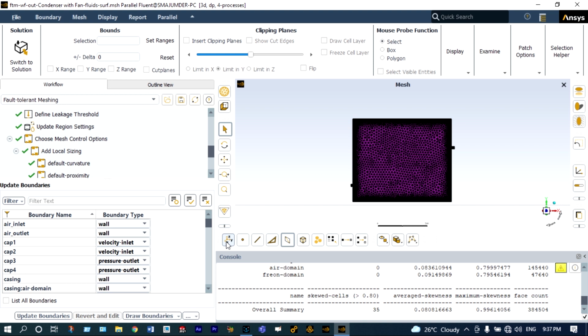You can see left hand side different boundaries have been updated, and as expected we got 2 inlets and 2 pressure outlets. Cap 1 is indicating inlet of freon, and cap 2 is indicating inlet of air, and similarly cap 3 and cap 4 are indicating outlet of freon and air respectively. Excluding that, we are having a lot of walls. All these walls are very important, and through these walls it will be transferred through convection. Let us update these all boundaries,